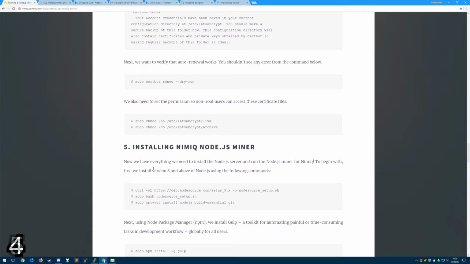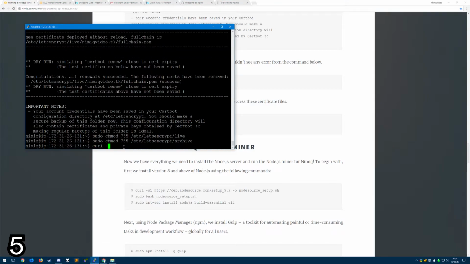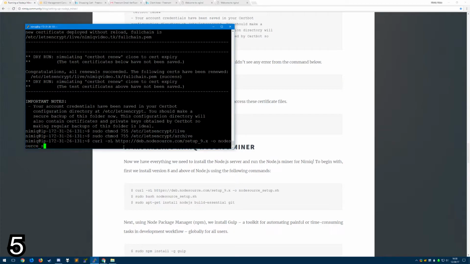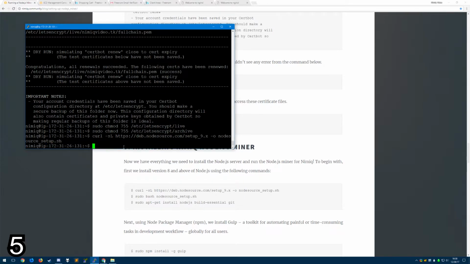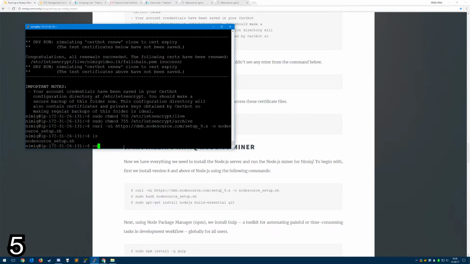Step 5. Installing the Nimiq NodeJS miner. We need to install the latest version of NodeJS and Gulp. To do this, enter curl -sL https://deb.nodesource.com/setup_9.x -o nodesource_setup.sh. It'll download the bash script that we need to execute by entering sudo bash